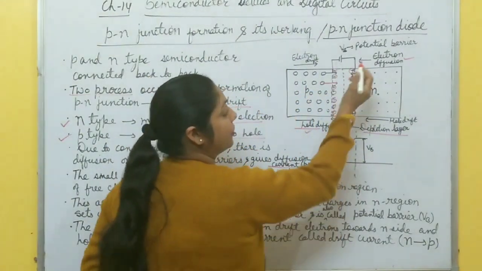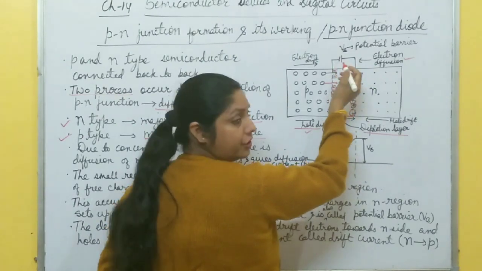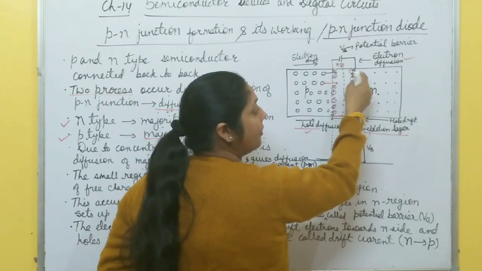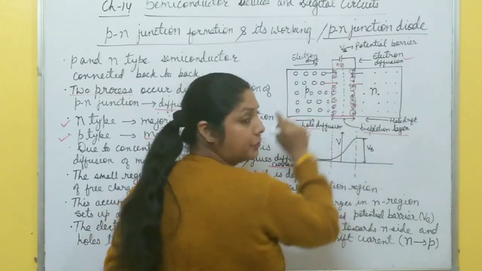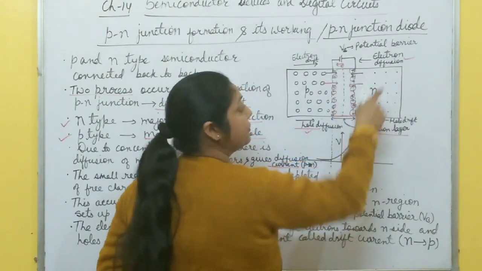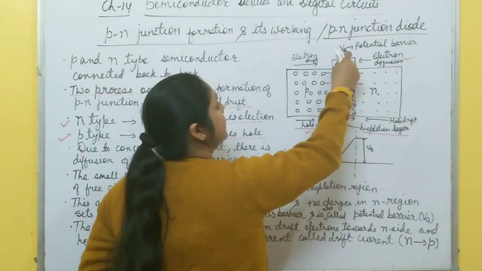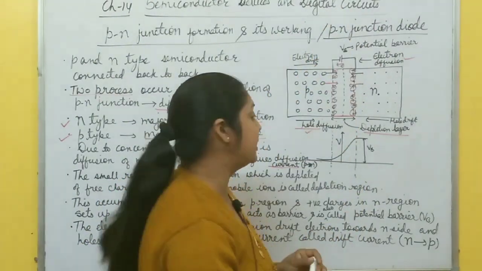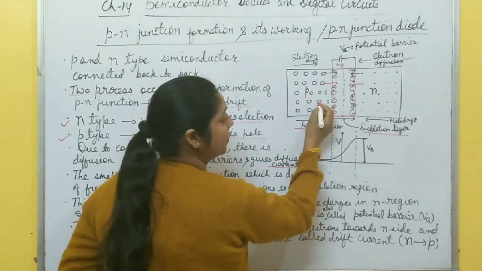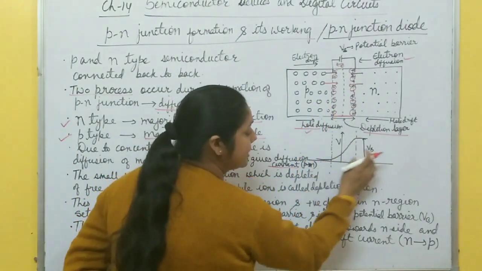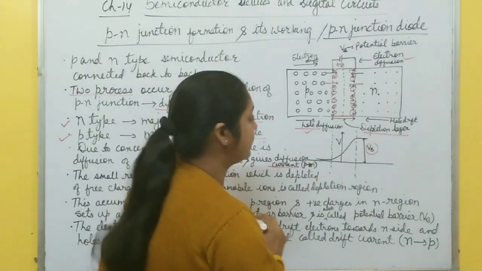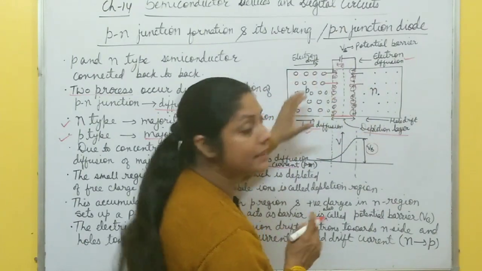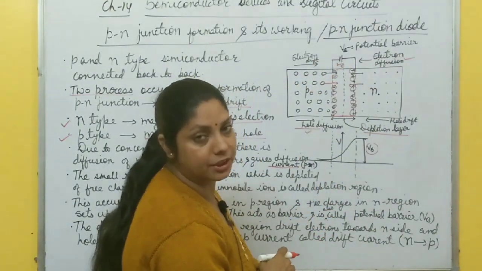You know, electrons always move opposite to the direction of the electric field. Here the direction of the electric field is this one, n to p. So how do electrons move from this n side to the p side? They cannot; this stops further diffusion of electrons. So this potential difference created near the junction acts as a potential barrier. Now, to cross the junction, the holes must have this much potential difference. Otherwise the holes from the p side and electrons from the n side are not able to cross the junction, right?